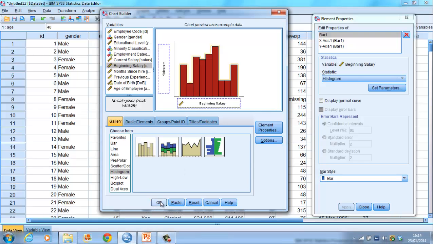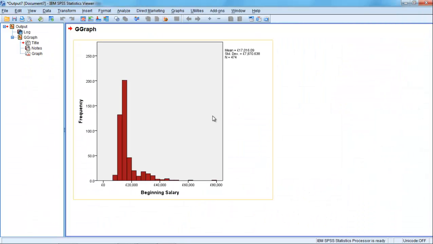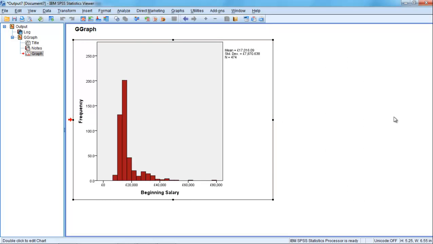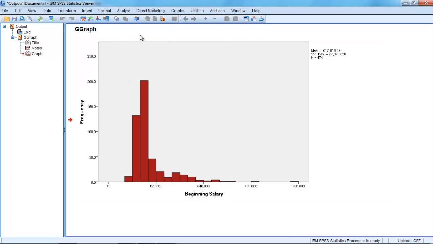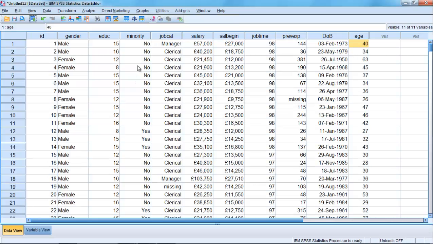Click beginning salary, click OK. And it draws a picture of that distribution for me. Now, even though it's done a very nice job of it, it's still very difficult for me to tell where I would slice this distribution in order to get, let's say, roughly equal numbers of cases out the back of it. It's not obvious. I'd need to think about decimal places. I might need to think about where missing values or missing information is going to fall within my resultant banded variable. And to make exactly those sorts of tasks much easier for you,